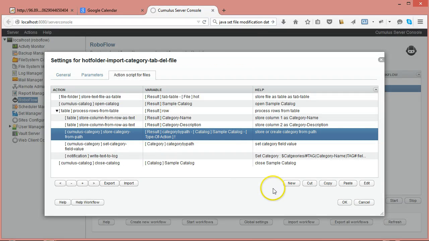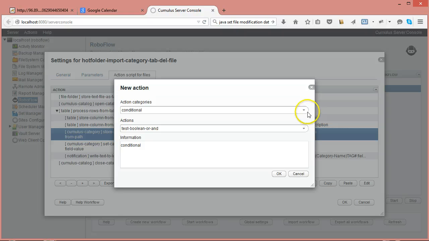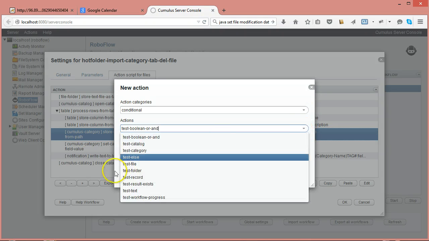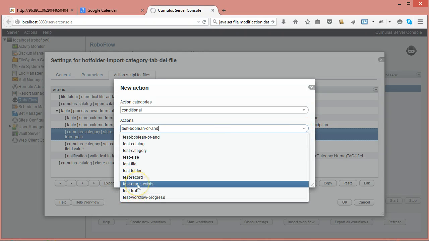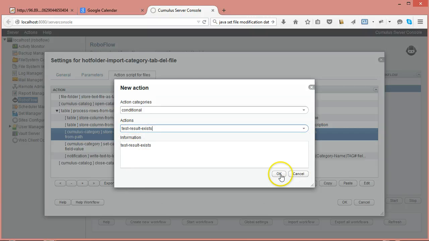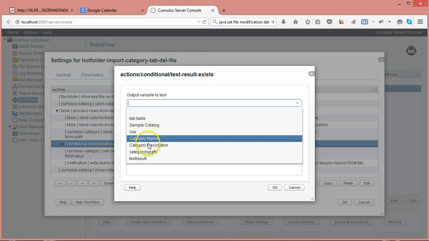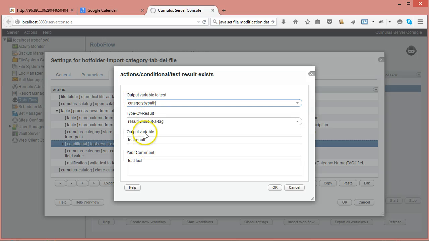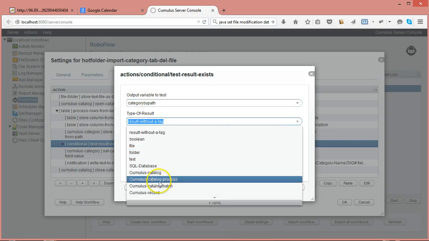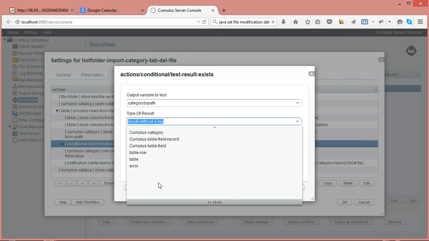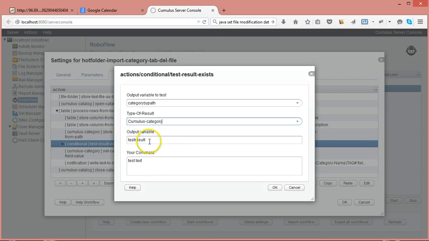And then in the next step, I'm going to say new conditional, and I'm going to test if the result exists. Please tell me if that object exists. You have to tell it what type of object you're looking for, so you say test if category